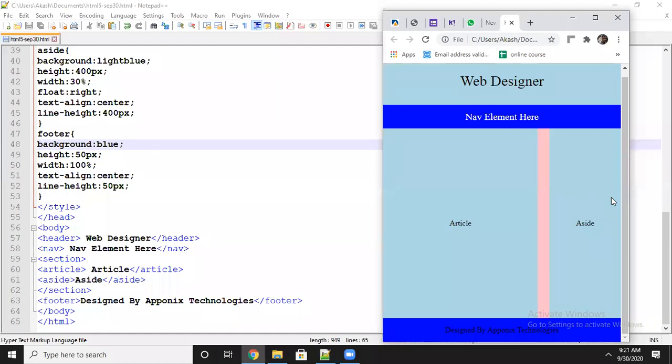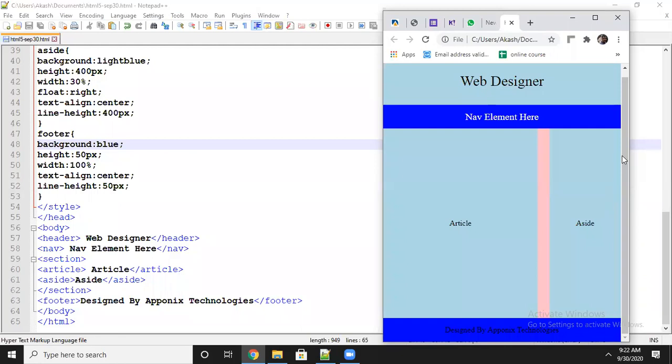If somebody asks the difference between HTML4 and HTML5, you can say HTML5 is a semantic structure and HTML4 is a non-semantic structure. Semantic tags are available in HTML5, semantic tags are not available in HTML4, and HTML4 completely depends on the division structure. For everything, if you want a block, you have to use the division tags only. That is the reason.